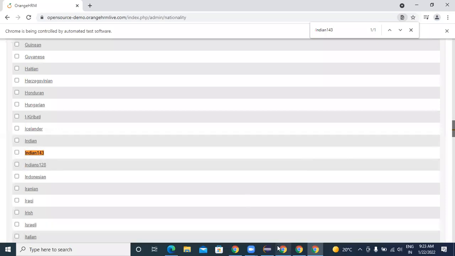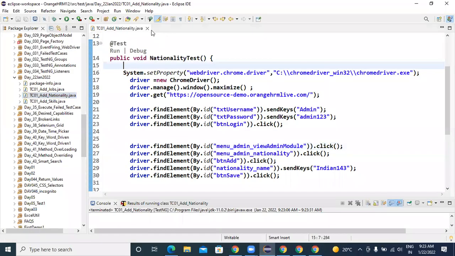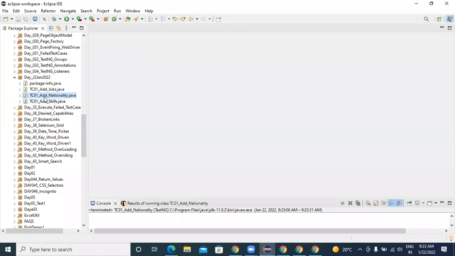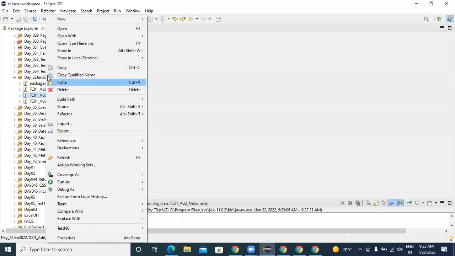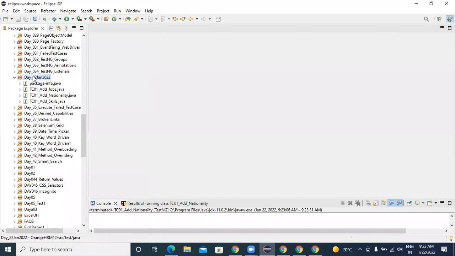Okay. So we understood how to write set of driver instructions and no need to write from the beginning onwards. Just you need to right click, copy and paste it in the same package and give some different name. And wherever set of driver instructions you have to write, you can continue. So your job is just you have to inspect the web elements and you have to do copy and paste. You have to write set of driver instructions. So hope everyone understood. Okay.